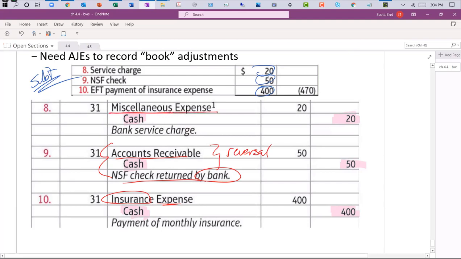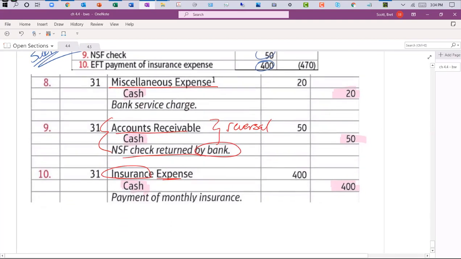Miscellaneous is the account we use for different small amounts. So if you're looking for some type of an expense account for service fees, just look for like a miscellaneous. Anything that's a small amount usually will go to like a miscellaneous. Your problems usually tell you which activities go to the miscellaneous expense account. But boom, once you get that done,